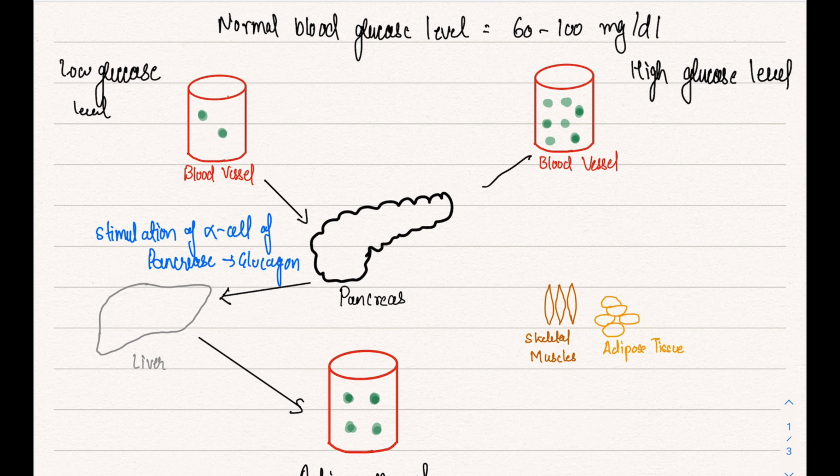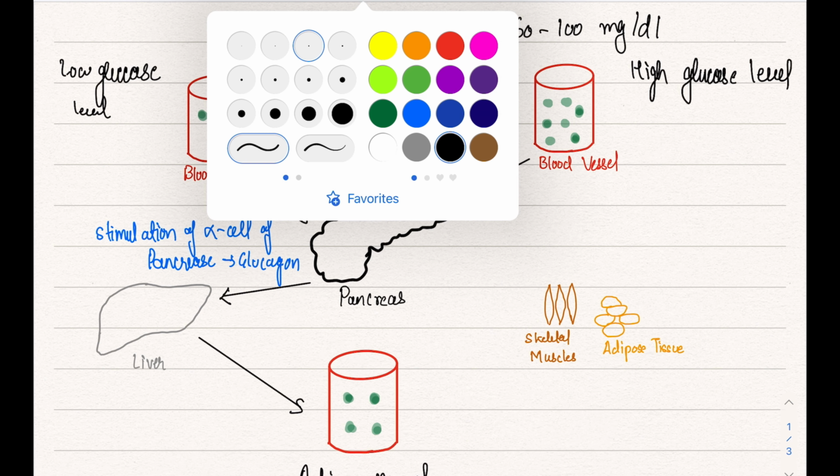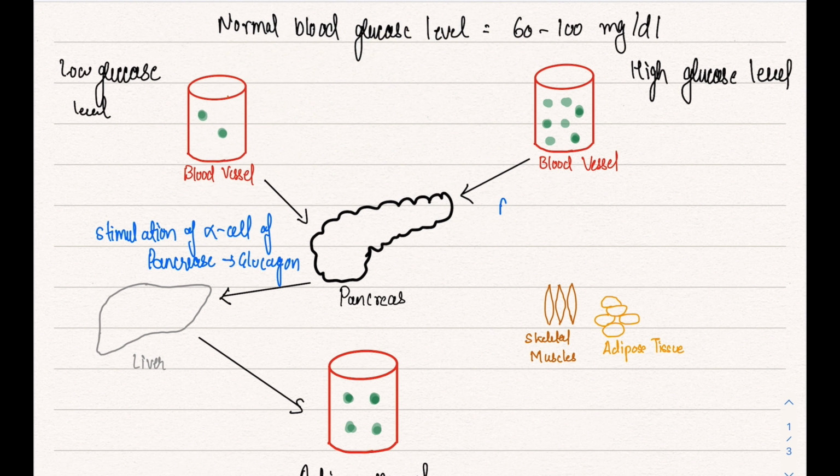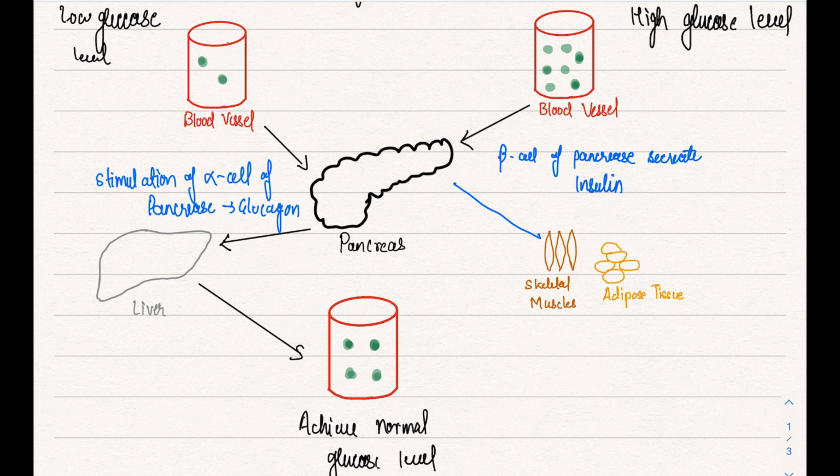This is going to stimulate the beta cells of your pancreas, right? So the beta cells of the pancreas will be stimulated and they will secrete a hormone called insulin. When the insulin is secreted, what will it do? It will act on